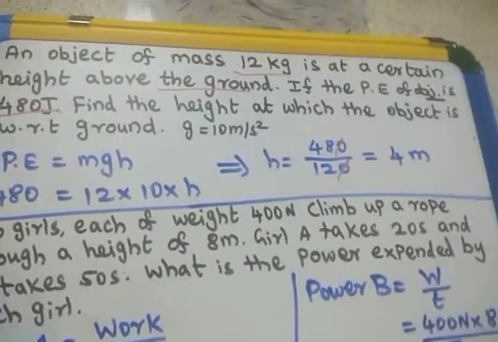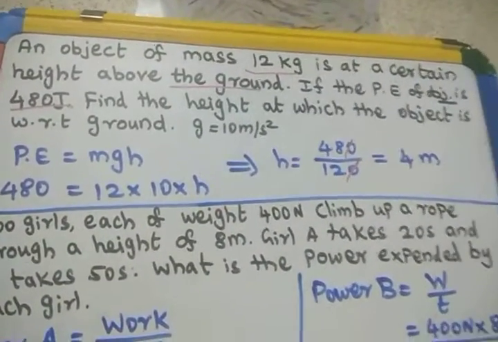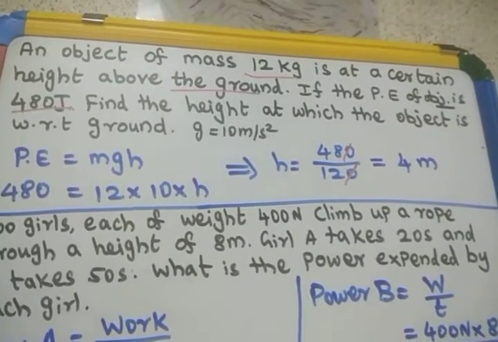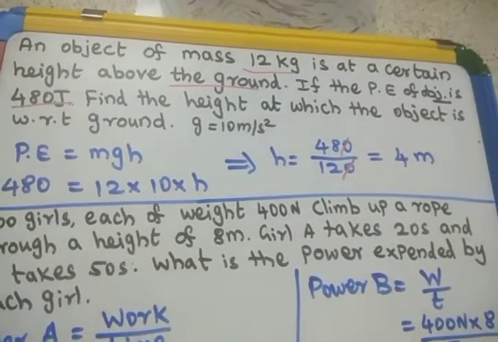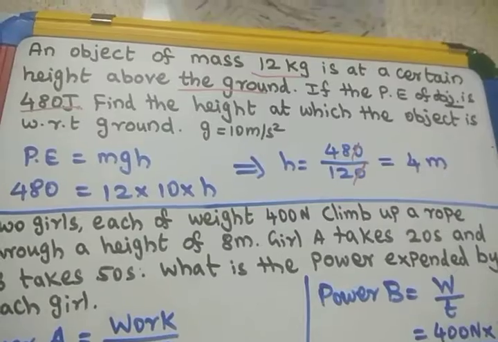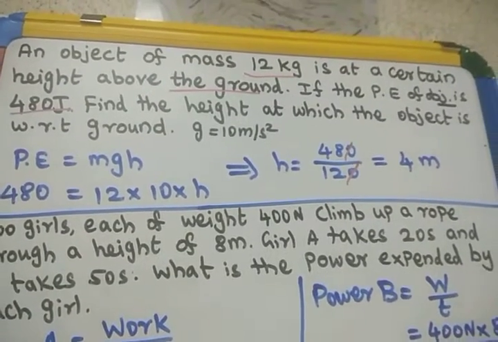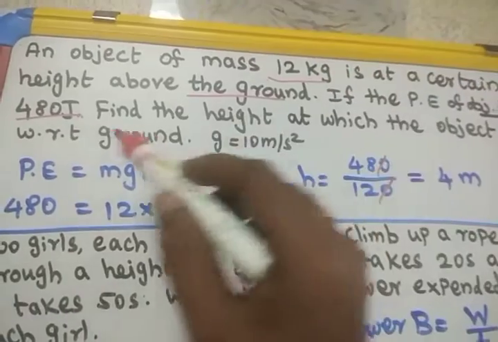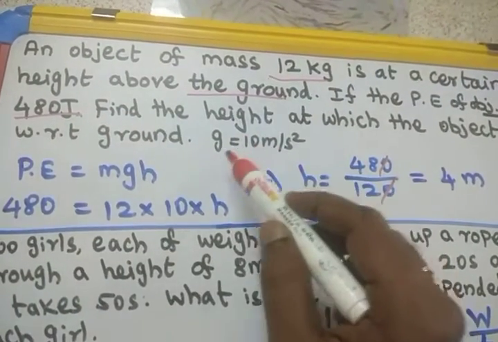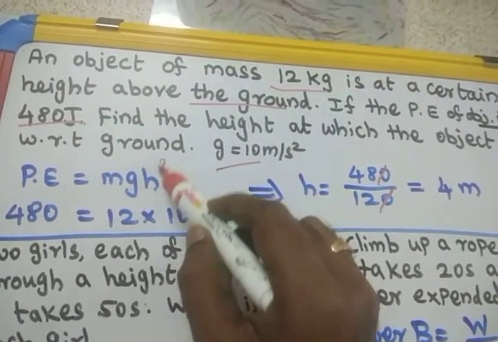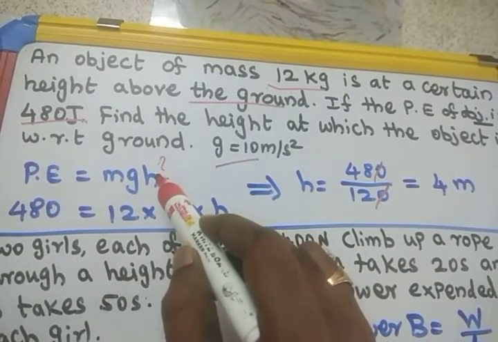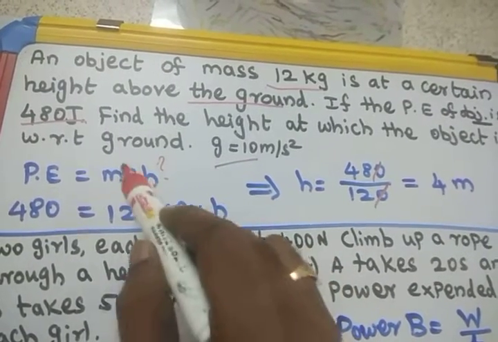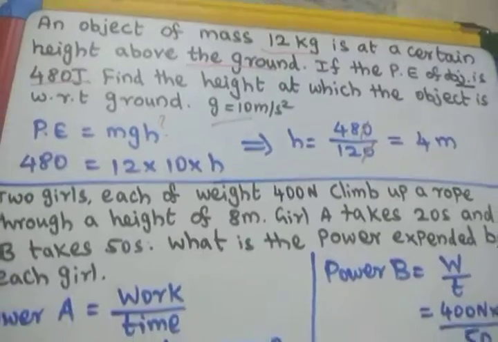So read the question carefully, find the given data, and think of the formula which is applicable for this, and then substitute. Physics problems are very simple. Just read the question once and twice. Mass is given, potential energy is given and g is given. So what is the height they are asking. Whatever we want to find, we keep it as it is, and the remaining terms come to the other side.